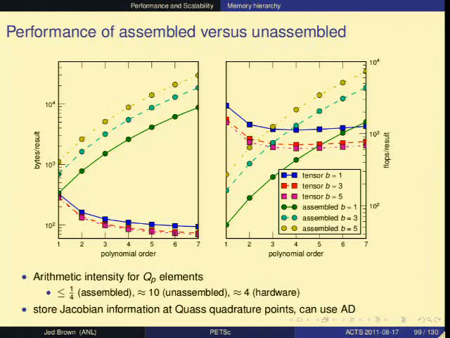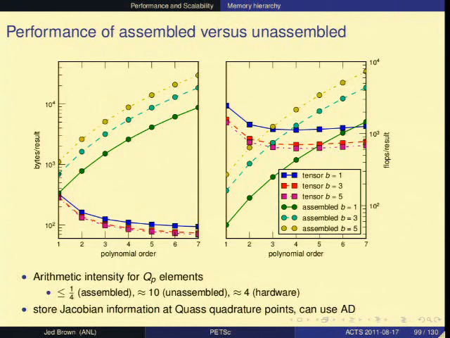But I'm more excited about getting out of this box entirely and not using sparse matrices for the Krylov operator. So if you go unassembled, so this is a high-order finite element method, but where you store Jacobian information at quadrature points, then we're looking at the bytes of memory traffic per scalar entry in the result, or in the output vector of this matrix multiply. And so here we look at the memory as you increase the polynomial order and as you increase the block size. To say a block size of 3 would be elasticity, or 5 might be Euler equations. And this is the story if you go unassembled.